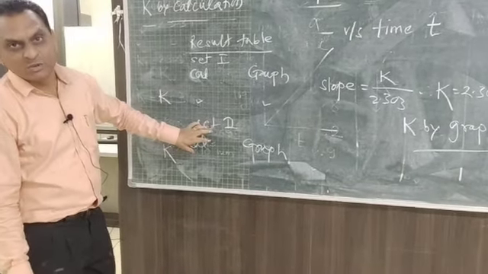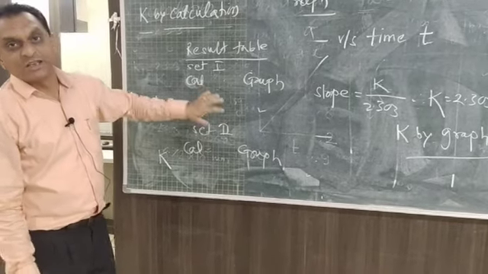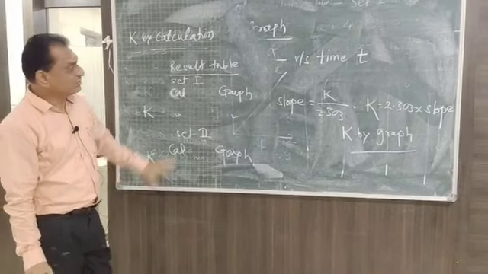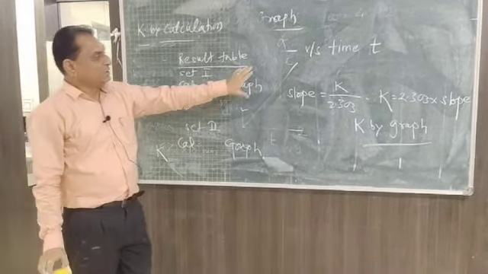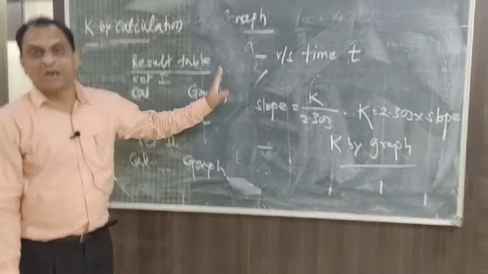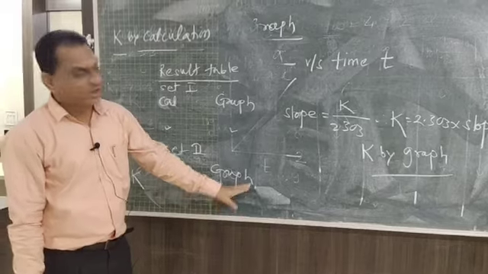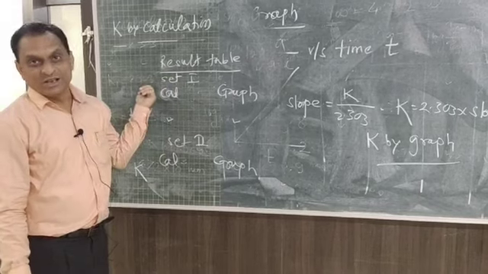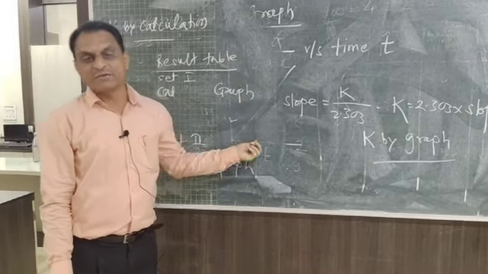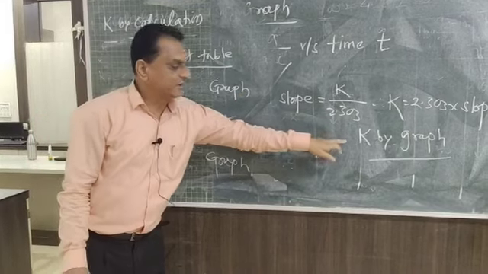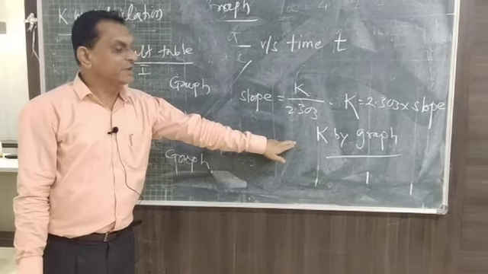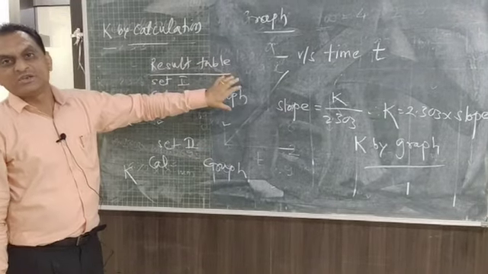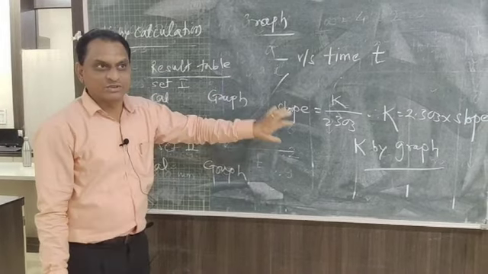So this is our outcome, and we have to consider the effect of concentration of reactant on the rate or velocity of a reaction. So my request is, you have your observation table, you have the readings for the first set. So you go for a calculation, find out the 5 values of K and find out the mean. Similarly, plot the graph, find out the slope, and from the slope determine K by graph here. See, the K values are similar, and ester hydrolysis is a first order reaction. So thank you very much.